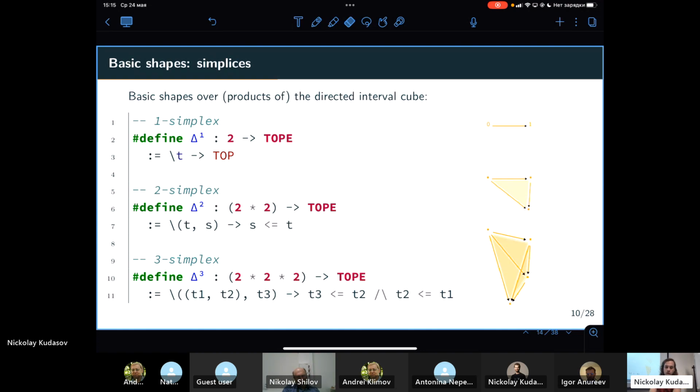So delta 1 is, and then here this is a syntax that means that this definition is followed by the type of this definition. The type of this definition tells us that for every point in an interval 2,